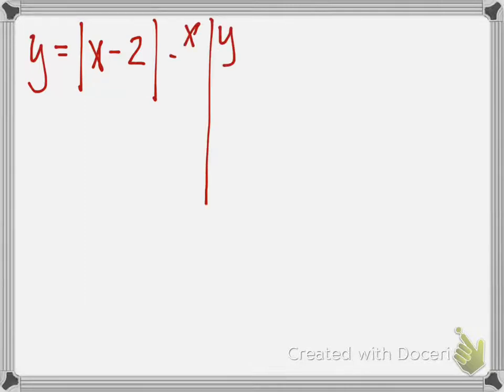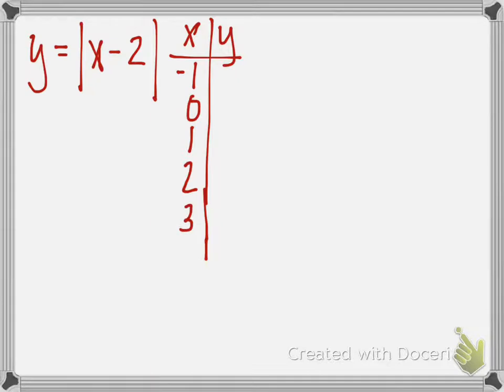So let's look at another one. If we have y equals the absolute value of x minus 2, we're definitely going to have to make a table of values for this one. So I have x values and y values. So I fill in -1, 0, 1, 2. That's probably good enough. I'll be able to see. You are always going to want to do some negatives and some positives, though. It'll probably help you see what's going on. You also may have to extend this and do different numbers,